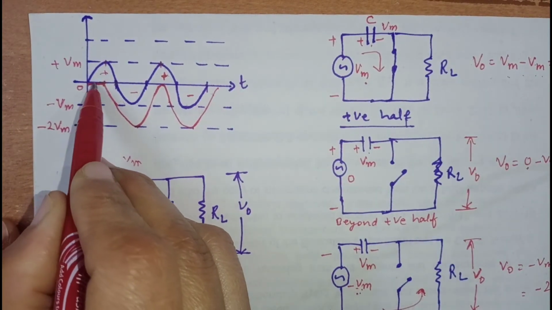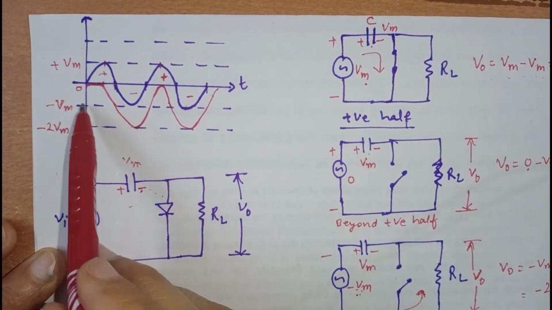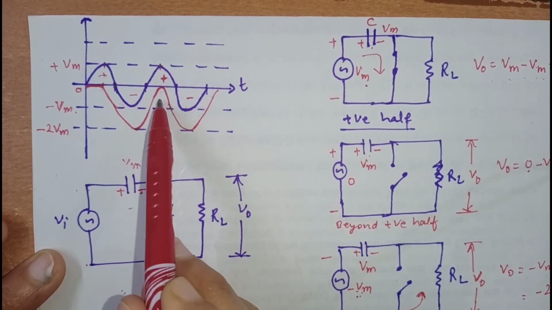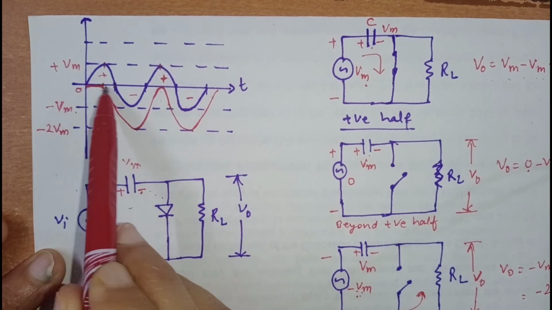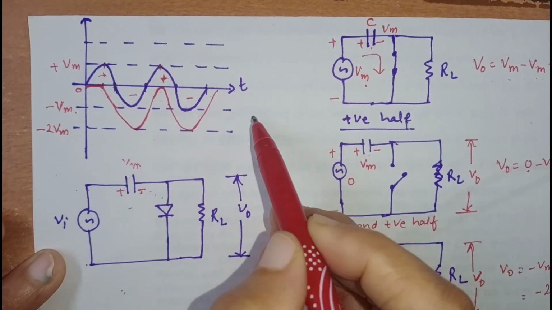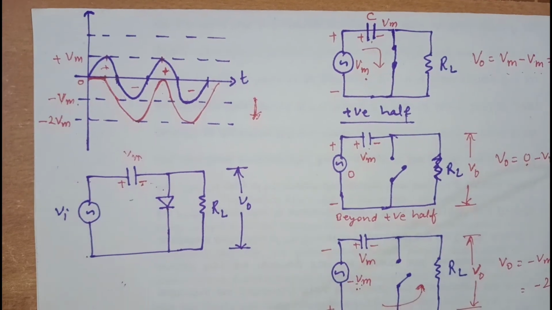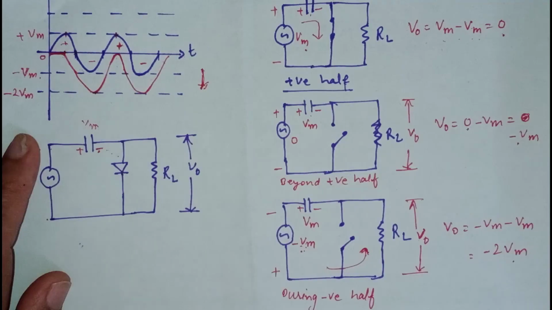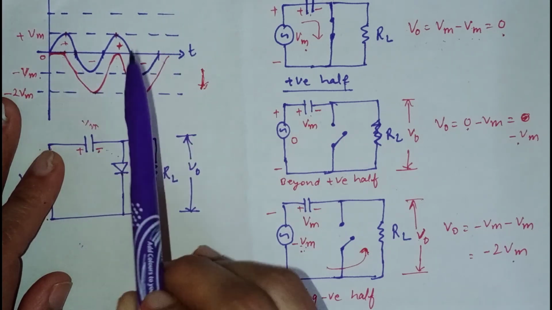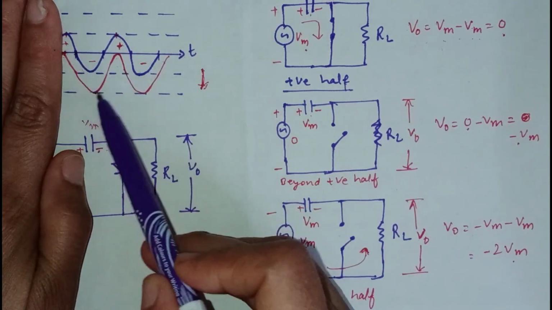Now the output voltage in this case in negative clamper will be this one. We can see this is DC shifted by minus Vm, and the positive peak of the output waveform touches the 0 axis, means x axis. So it is shifted downward in negative direction. So this clamper is called negative clamper. After this instant of time, the output waveform shows a steady state response. The overall response of the negative clamper is this one.